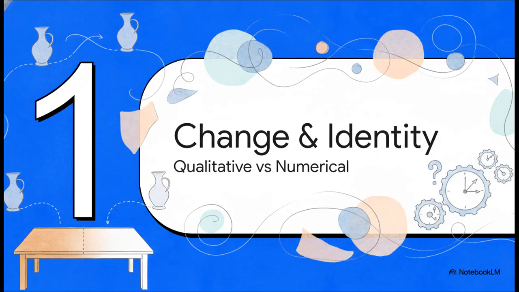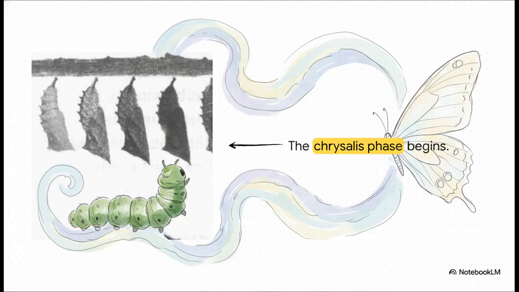All right, section 1, the mystery of change and identity, qualitative change versus numerical identity. So, going back to our painted table for just a moment, that was what we'd call a mild qualitative change, an object changing a superficial quality, like its color, while somehow remaining numerically identical, one continuous thing. But let's look at a much more extreme example from the natural world to see just how far we can push this concept before it breaks down completely.